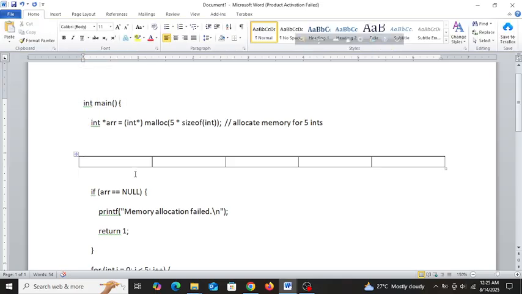So if this position has an address like 0x01, and this has an address like 0x02, 0x01, 2, 3, 4.